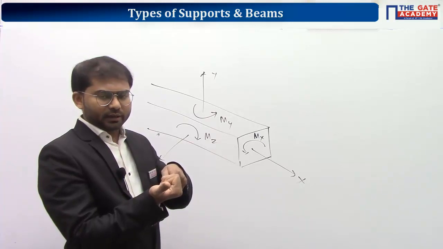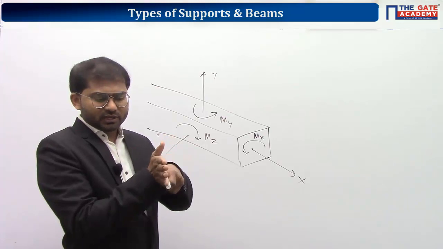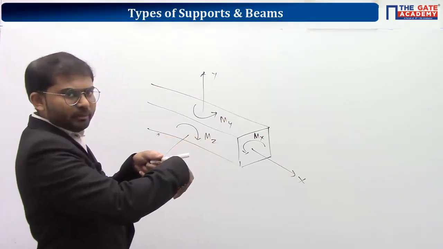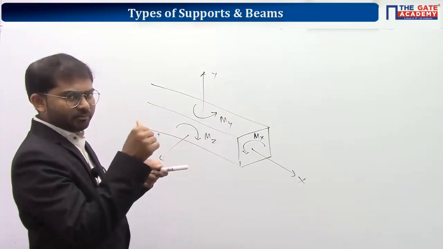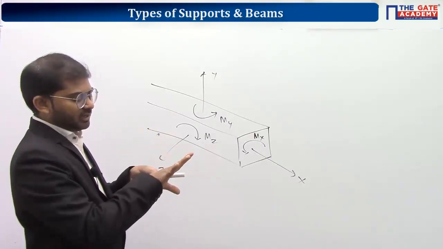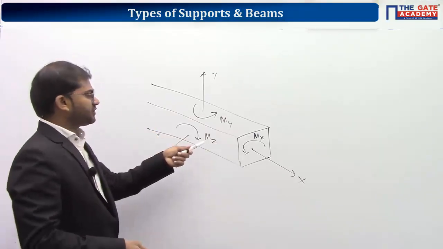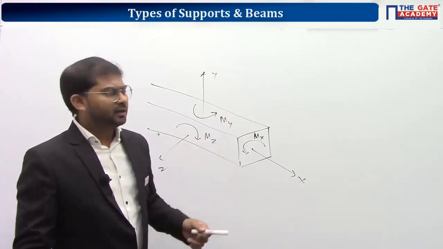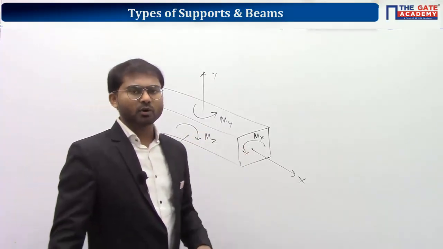Understand? And here, the moment is about the transverse axis. So here, this can cause bending. Or you can take it in this way as well. So if the moment is in such a way that my thumb is pointing in the transverse direction, then that will cause bending. So if the moment is acting about the transverse axis, it can cause bending. Mz is also a transverse axis moment and My is also a transverse axis moment, and here Mx is actually a moment about the longitudinal axis.